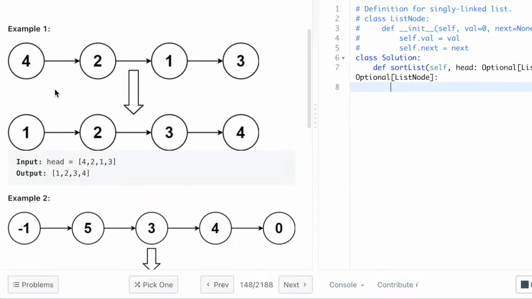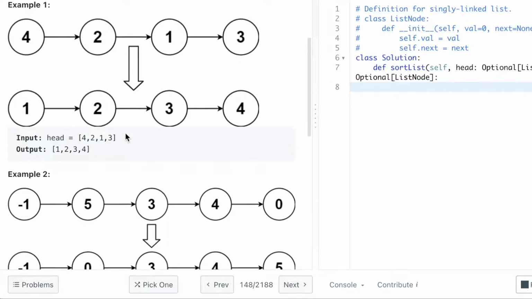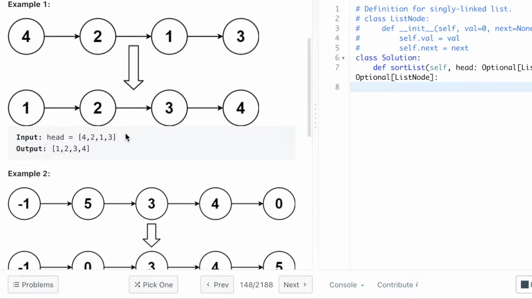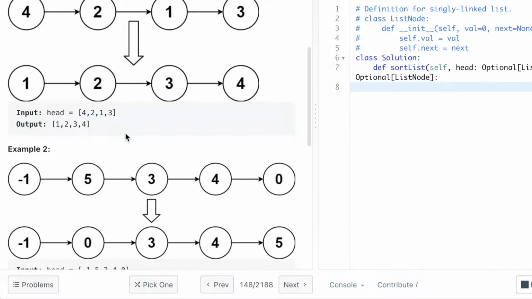So the goal is for us to find the midpoint of this linked list and divide it into the left half and the right half. I'm going to show you how to divide a linked list in half. The last step will be to merge them together, and the method to merge them is super similar to